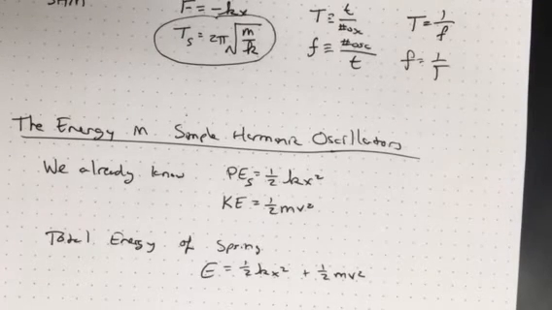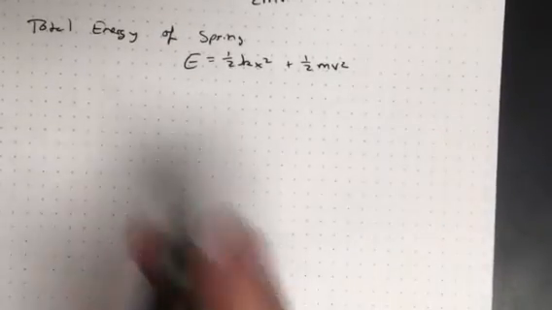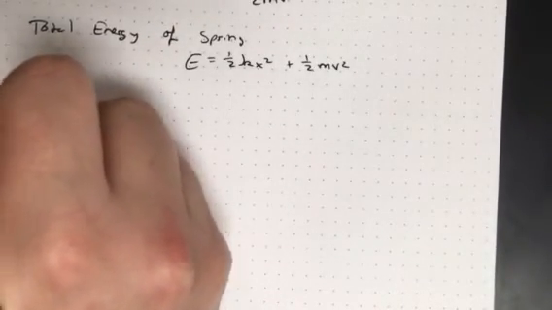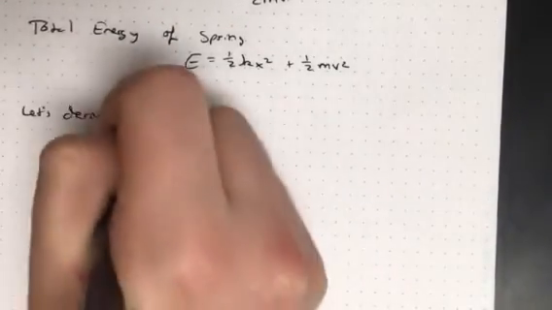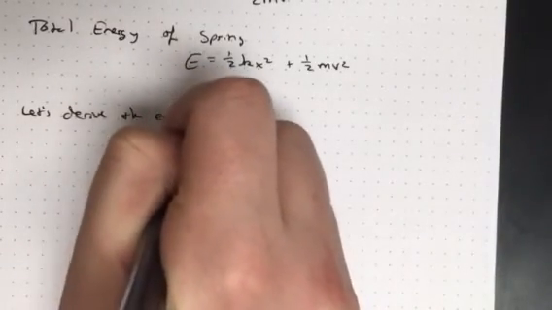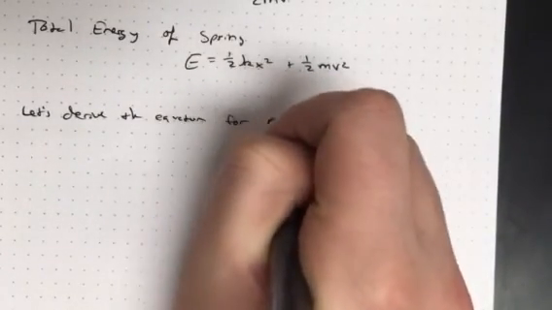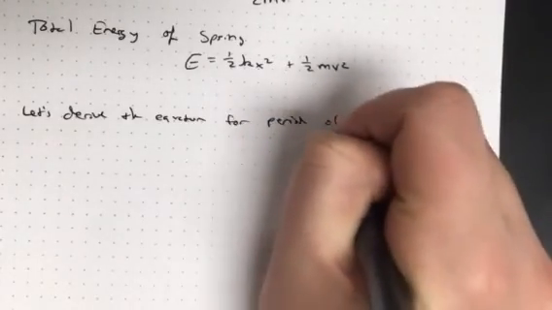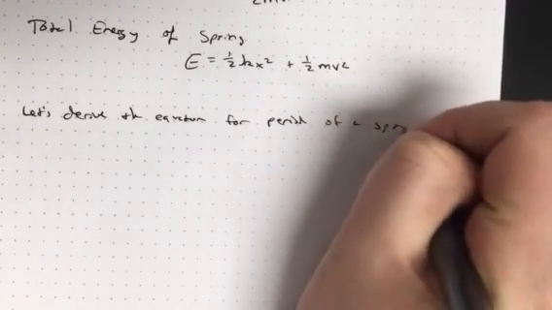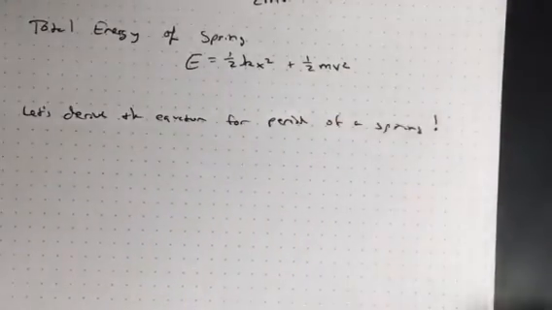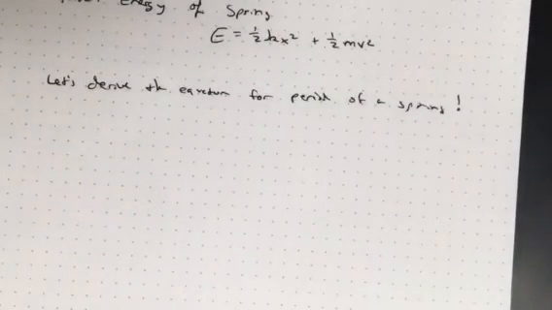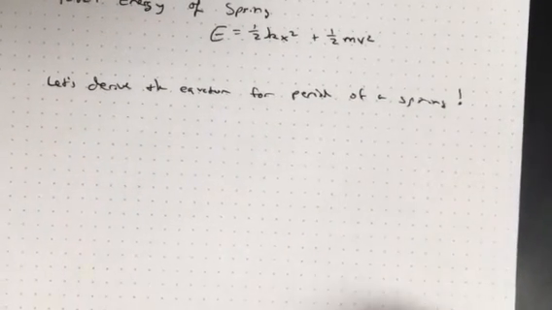Okay, so how are we going to do this? Let's derive the equation for the period of a spring, and we'll put an exclamation point here because it's fun. Okay, so first of all, we've got to think about how we're going to do this. So a spring